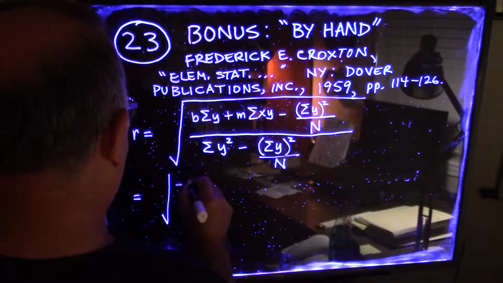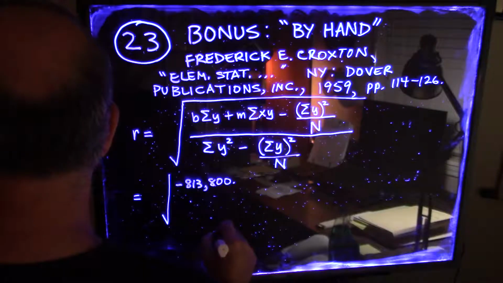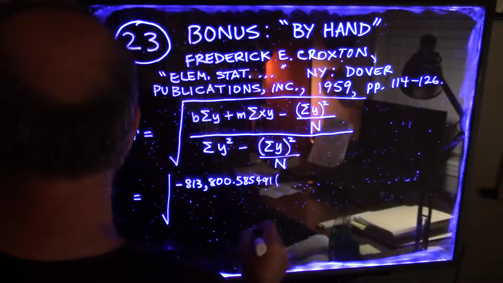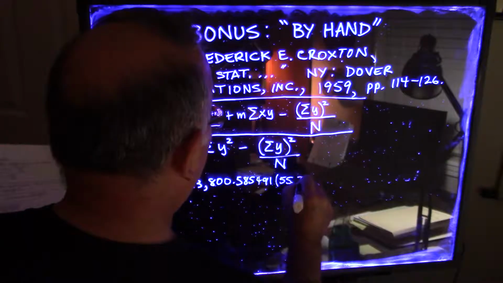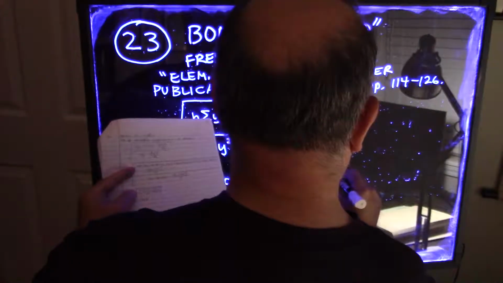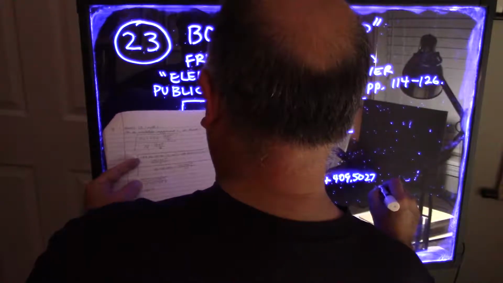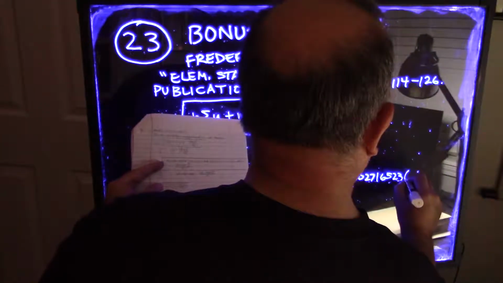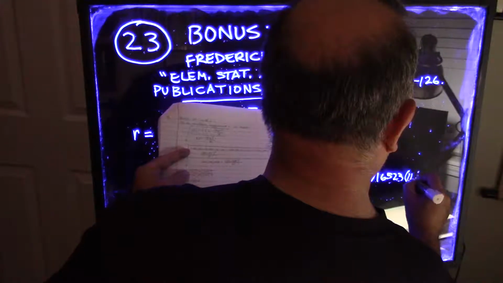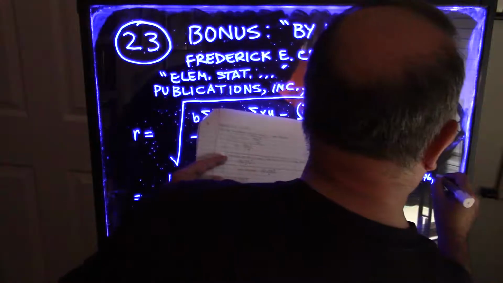Let me plug in the numbers here: negative 813,800, 0.585491, times 55,734, plus 409.5027 times 16523, running out of ink here, times 111,696,294,